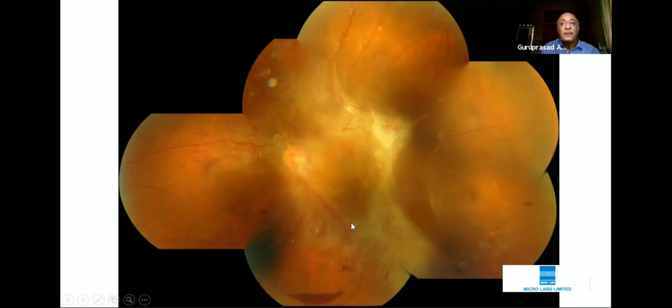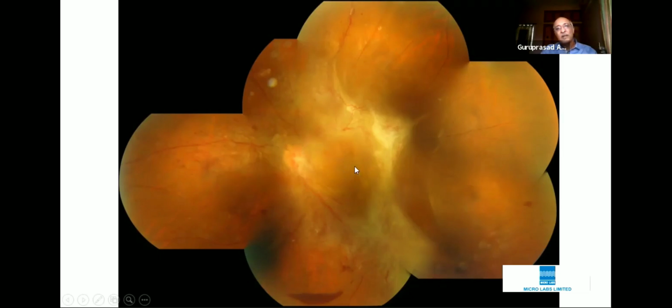Apart from that, you have some folds here. You have some internal limiting membrane folds, linear striae, which is suggestive of a lifted retina. And more importantly, there is an area of traction retinal detachment involving the macula because of the fibrous tissue pulling on the retina here. This is a pale area, which on indirect ophthalmoscope you can make out. This is a 2D image, but you need a 3D image, or at least a stereoscopic fundus examination with the IDO, to detect this area which is detached.